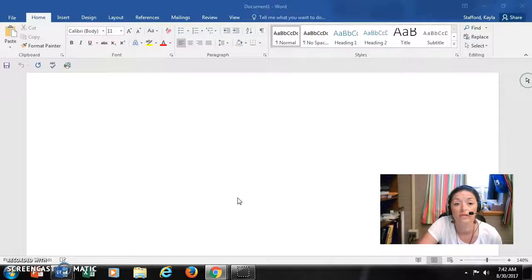So the medium that you use is really up to you. It's just vital that you submit those things in a timely manner and that you make sure on the preview that you see what you want me to see on Blackboard. So I have a blank document pulled up and I want to walk you through how to set up your paper in MLA. So the first thing that you're going to do is insert,